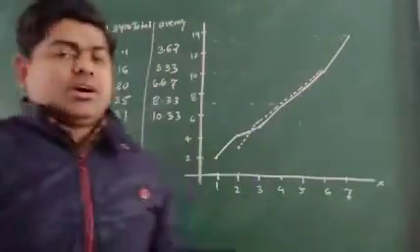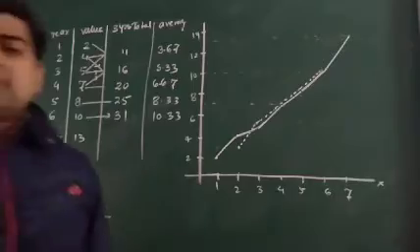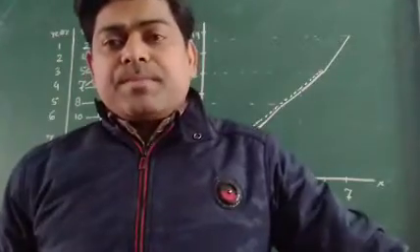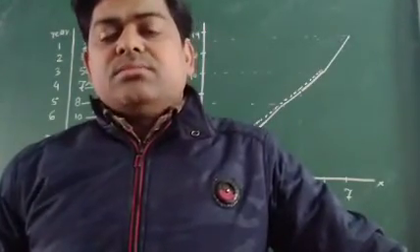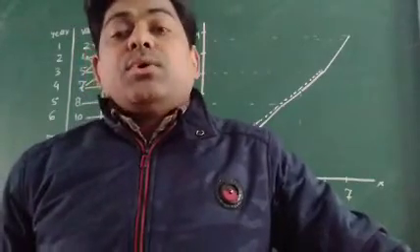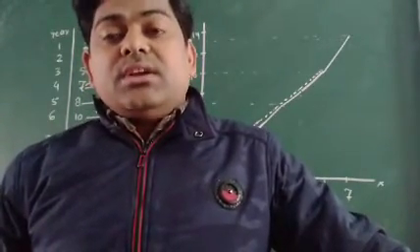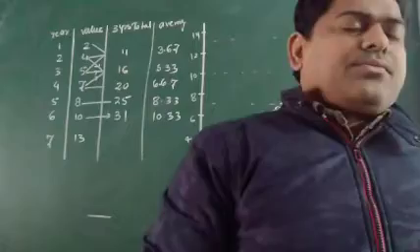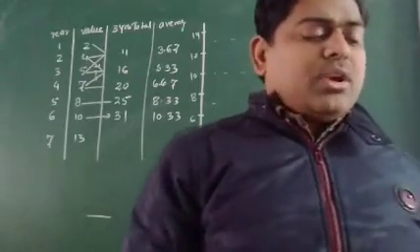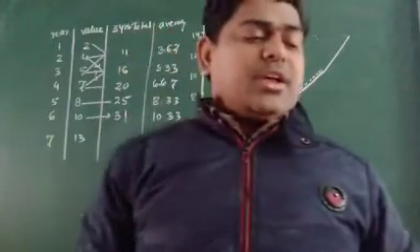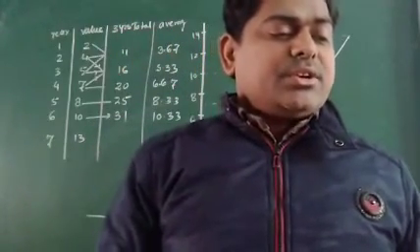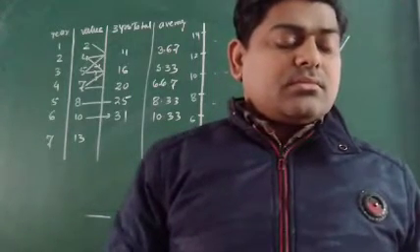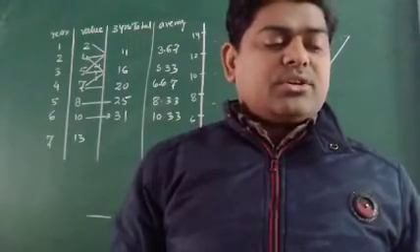Now one more thing is there. Since we are talking about the 3 years, the same way we can discuss the 5 years, 7 years. But what will happen if I am talking about the 4 year? In 4 years, 6 year, 8 year, meaning when the number of years is an even number, we have to find the centered average value. How can we find centered? Actually, first of all, we will find that average one, and then after 2 will come together, and for these two we will get the average of this, and we can write it is centered one. Okay, centered moving average, I can say center moving average.